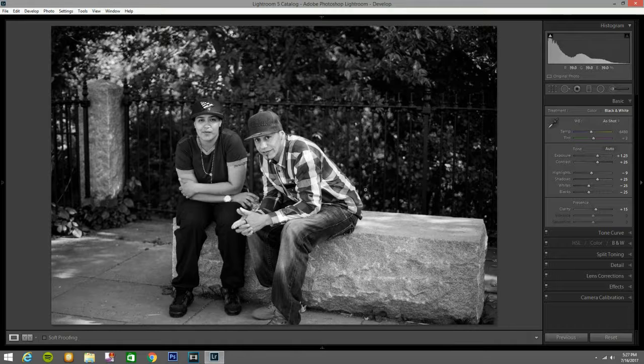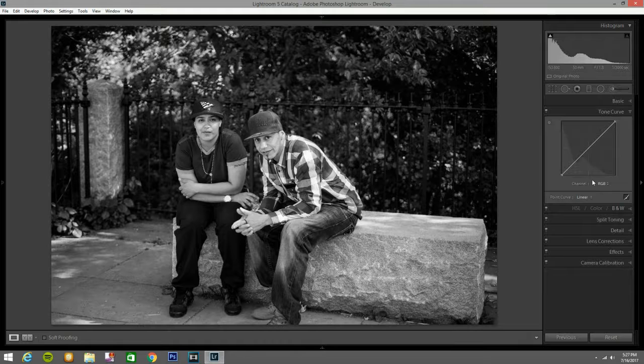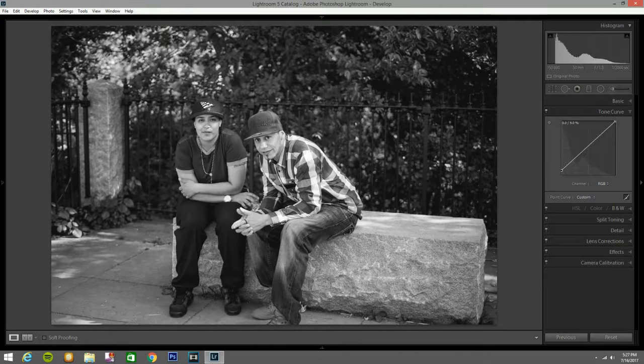Okay, the next step I'm gonna do is go to the tone curve right here. By the way, I'm gonna change the white balance to daylight. Didn't do that much. Okay, now we're here in the tone curve, and what I'm gonna do is just drag